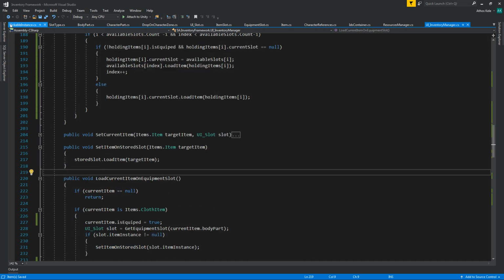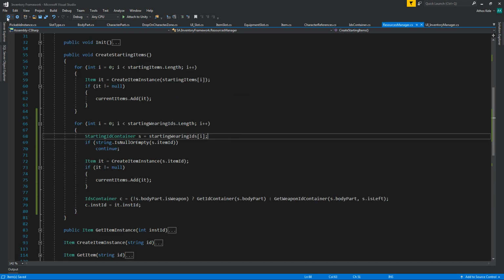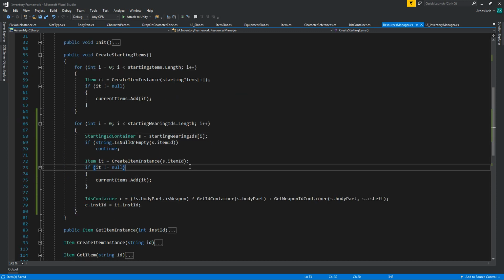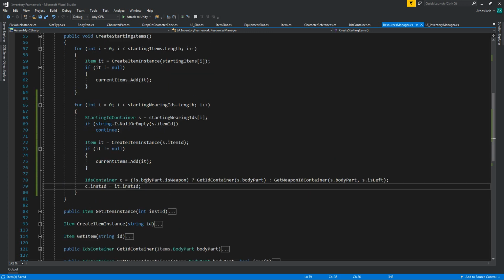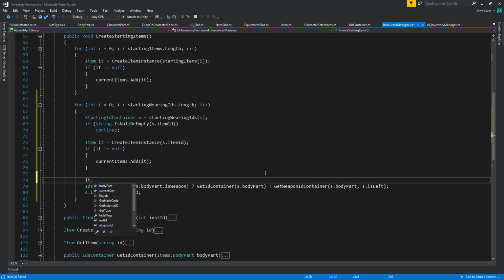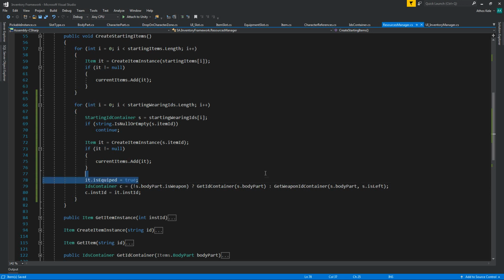Load item. Oh no, that has to do with a slot. Let me think. Starting wearing items. Okay, is equipped equals true. The problem is it's not going to have a slot assigned to this, so that's actually indeed a problem. Maybe let's remove this,